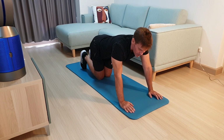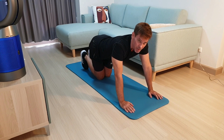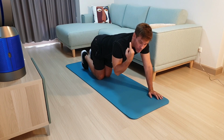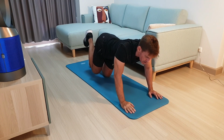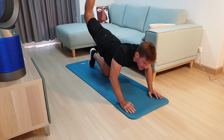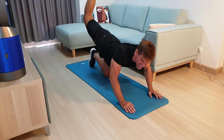and it just gets worse and worse from there, because from the back kick, then people will go to a donkey kick where you kick your heels straight up to the ceiling. So the donkey kick starts out here, the knee is bent, and you want to, this hurts, and you want to kick your heel all the way up to the ceiling, but you can see how my back is kinked,